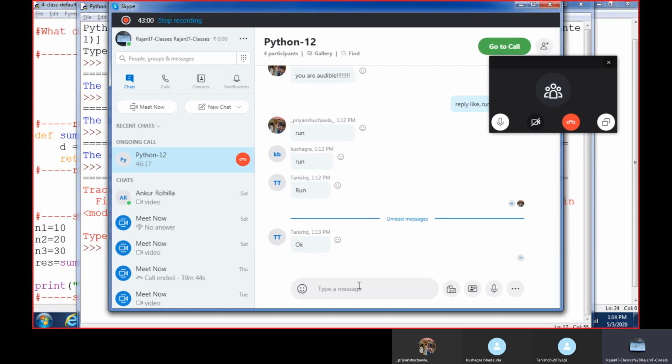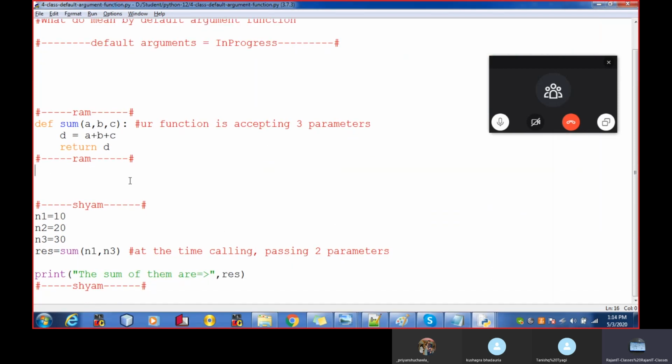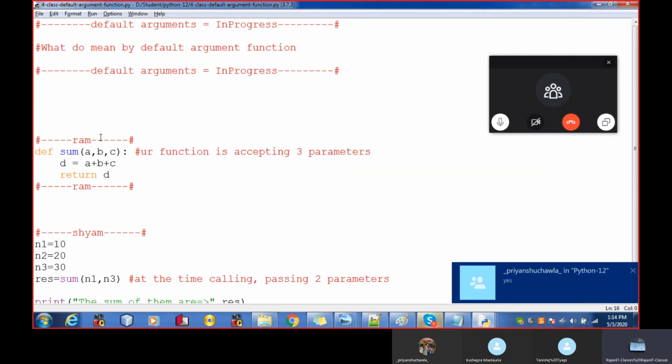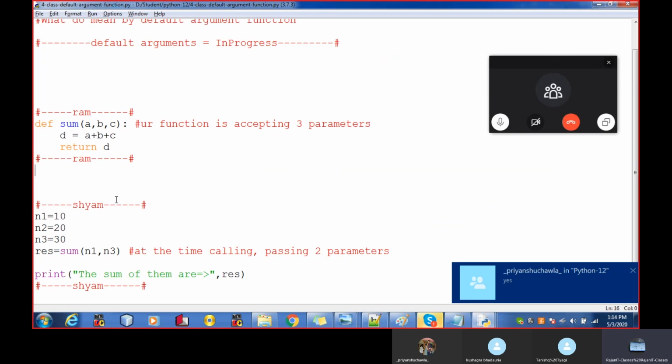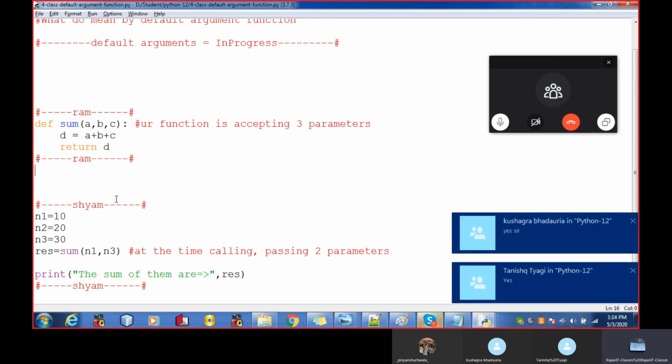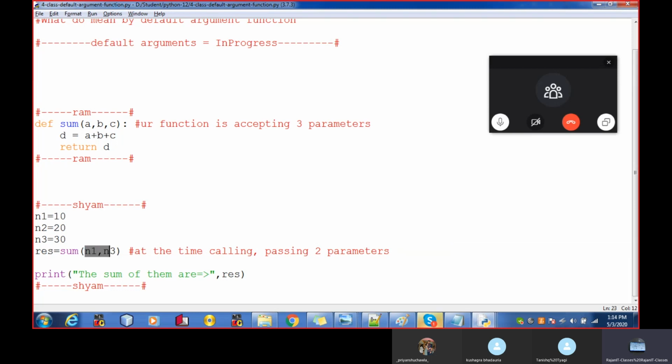Did you guys understand now? So it is mandatory for us to pass all 3 parameters while calling the function. If for some reason I forget to pass a required parameter while calling the sum function, it will throw an error.